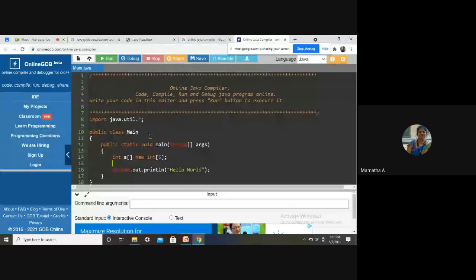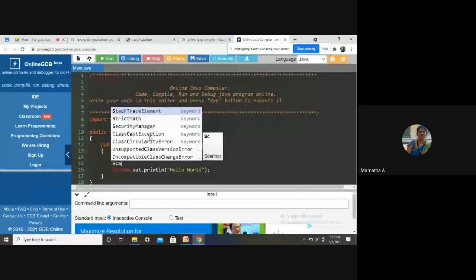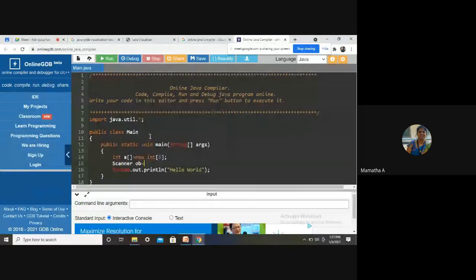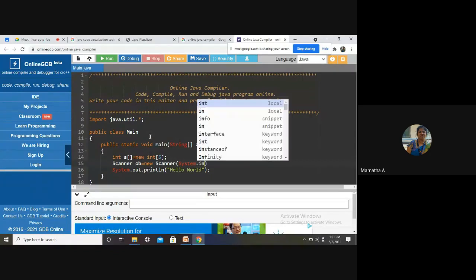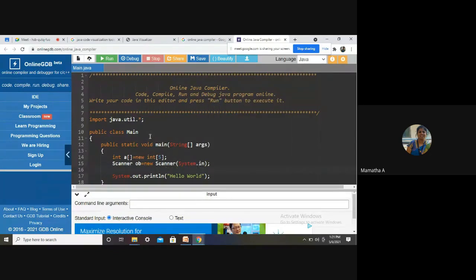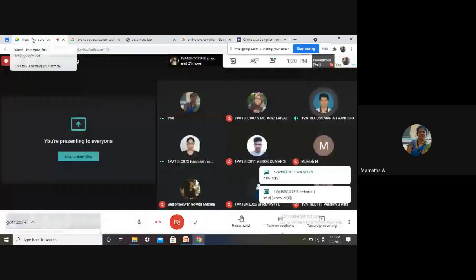Which control statement, students? You would have used it, no? You have to read the elements into the array. Scanner, hope you remember.